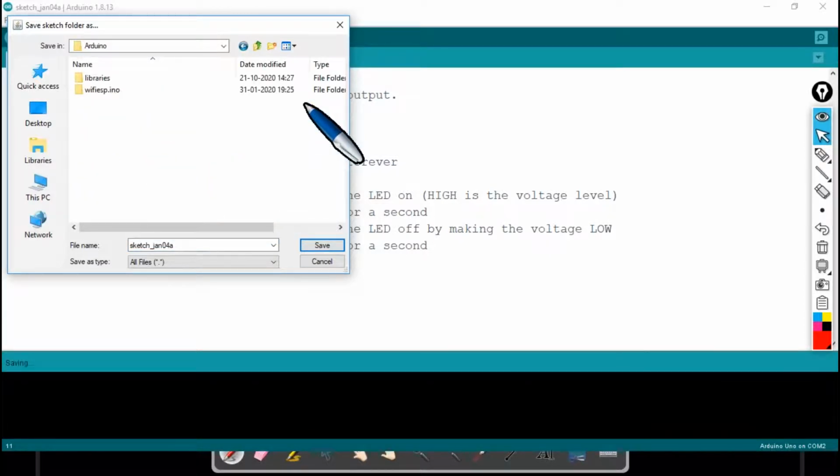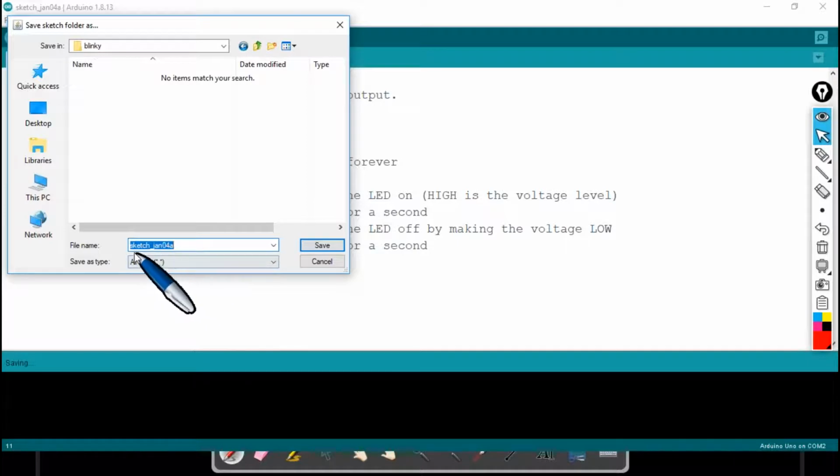I enter into that, and here I can create one more directory. Let me give the name Blinky and enter into that directory. After that, I can change the sketch name.